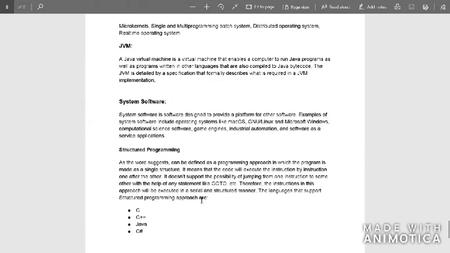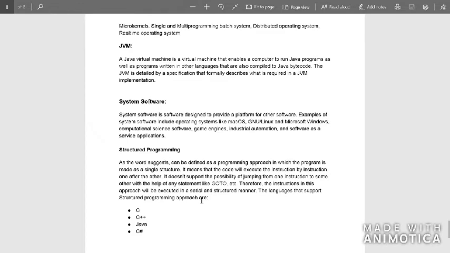Now next comes structured programming. As the word suggests, it can be defined as a programming approach in which the program is made as a single structure. It means that the code will execute instruction by instruction, one after the other. It doesn't support the possibility of jumping from one instruction to another with the help of any statement like goto, etc. Therefore, the instructions in this approach will be executed in a serial and structured manner.